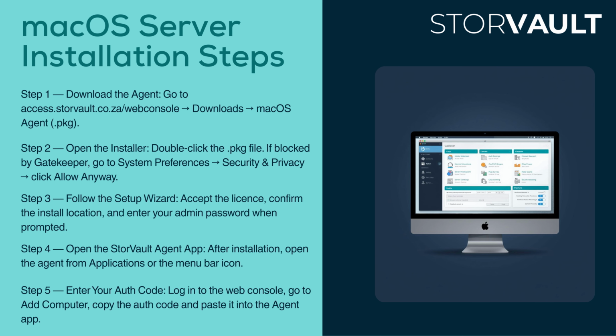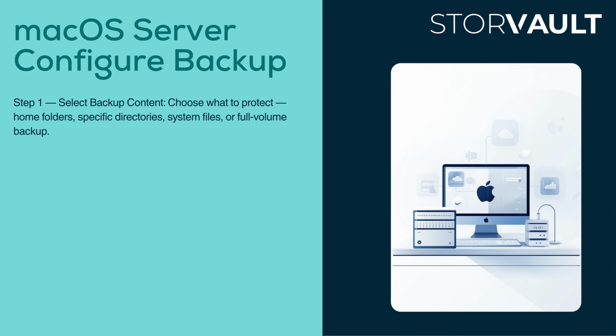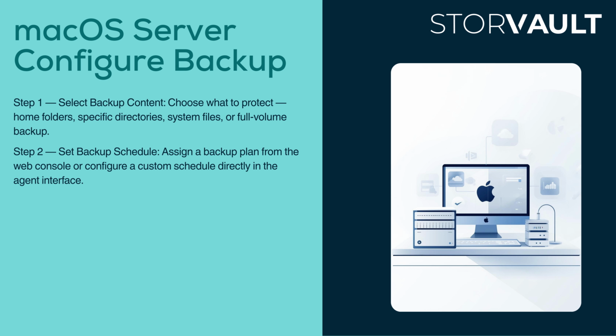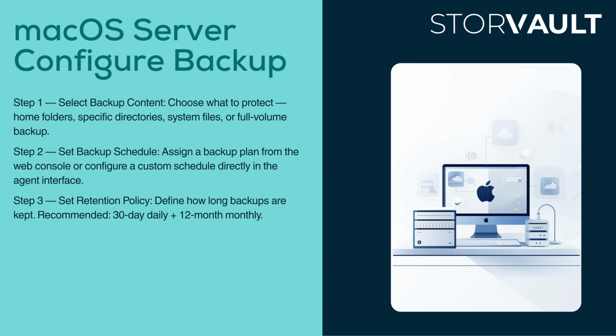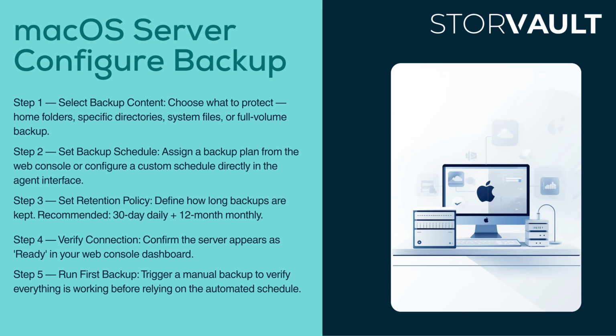complete the connection. Once connected, choose what you want to protect: home folders, specific directories, system files, or a full volume backup. Assign a backup plan from the web console or set a custom schedule directly in the agent. We recommend 30-day daily plus 12-month monthly retention. Verify the server shows as ready in your dashboard, then run a first manual backup to confirm everything is set